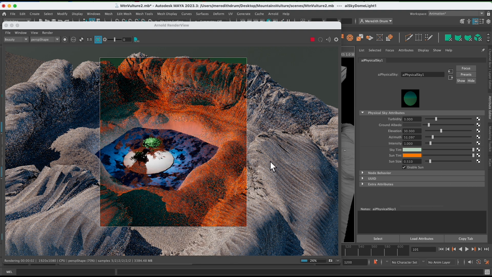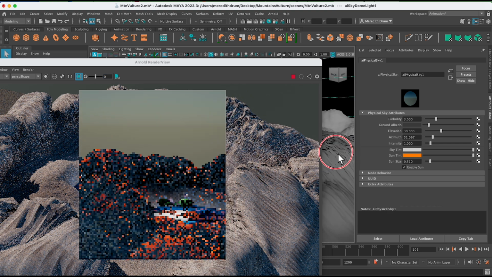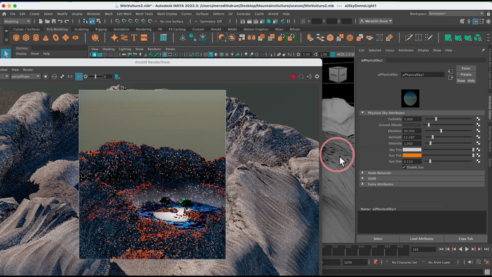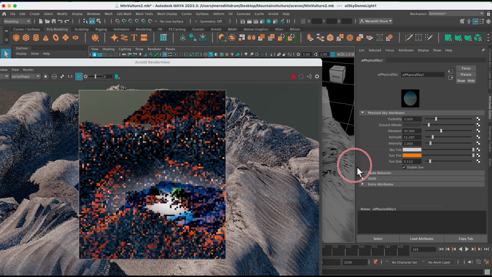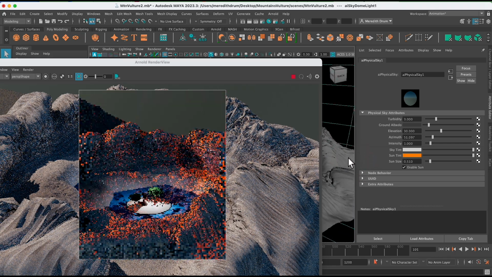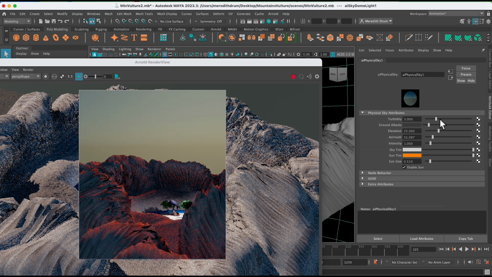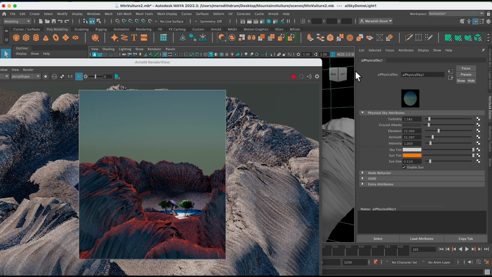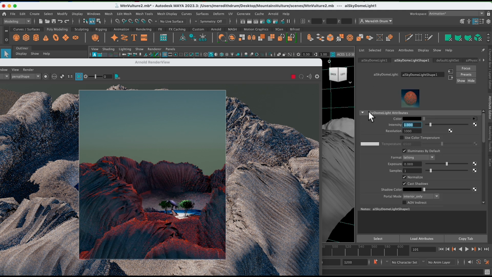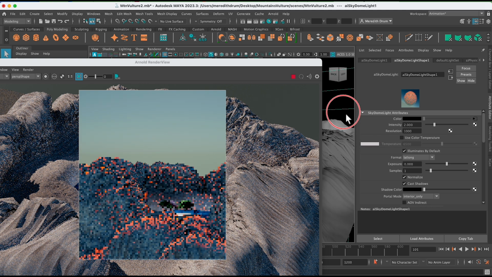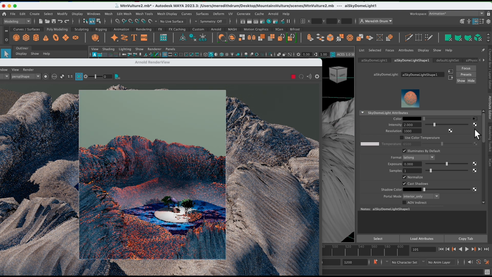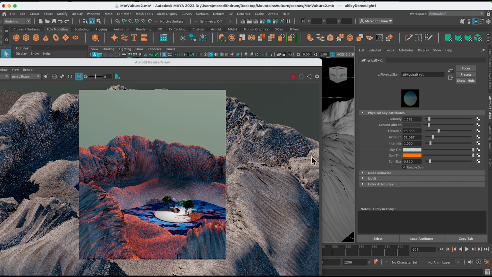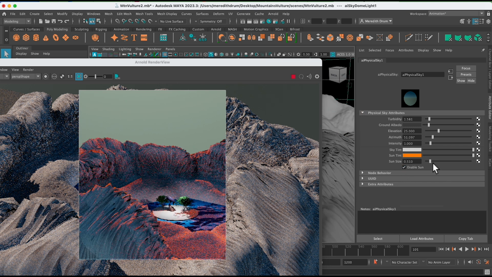You can actually render the sun if you can find it in your scene. Okay, so let's try to find the sun here. Let's see, where is that sun? Because you can actually render the sun too. It might take me a second to find it. There's a kind of a turbidity, so maybe we'll bring the turbidity down and see if we can bring up the intensity of the sky, so we can see more of where the sun is. It's not coming up, but you definitely can find it. It's enabled right now, so maybe we could bring up the size of it, and maybe then we'll see where it is.